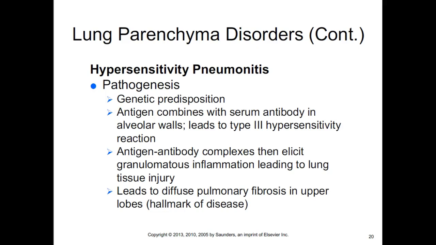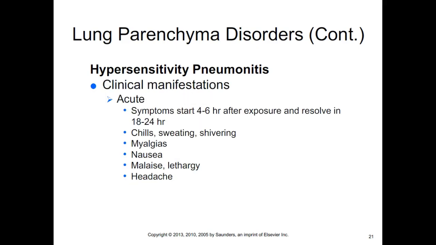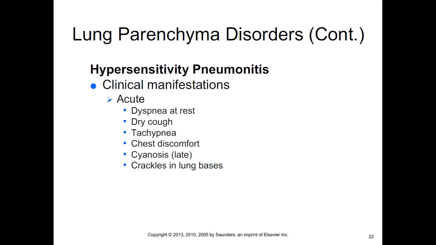And so diffuse pulmonary fibrosis, which is a hallmark of the disease, is then going to lead to that restriction. Acute symptoms, in the short term, are going to start about 4 to 6 hours after exposure and resolve in about 18 to 24 hours. They include chills, sweating, shivering, myalgias, nausea, malaise, lethargy, and headache. Dyspnea, dry cough, tachypnea, chest discomfort, cyanosis,